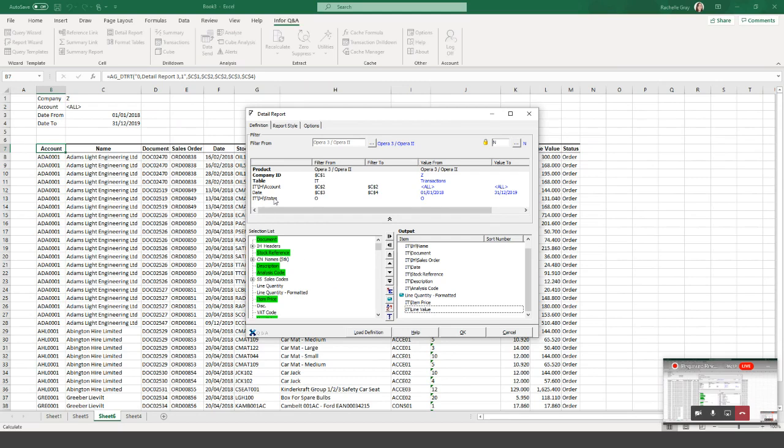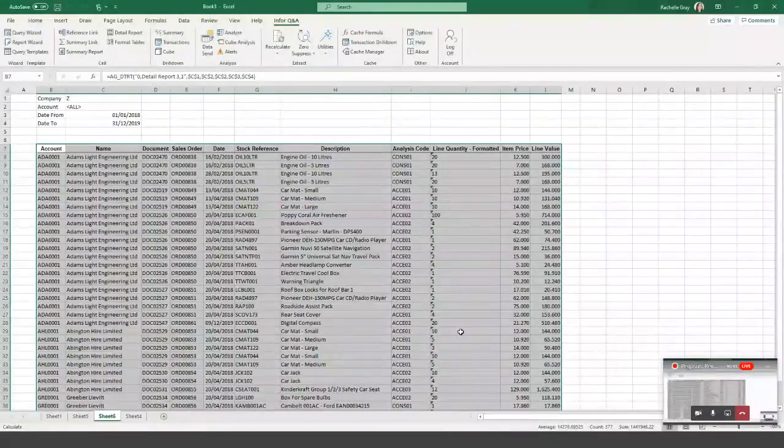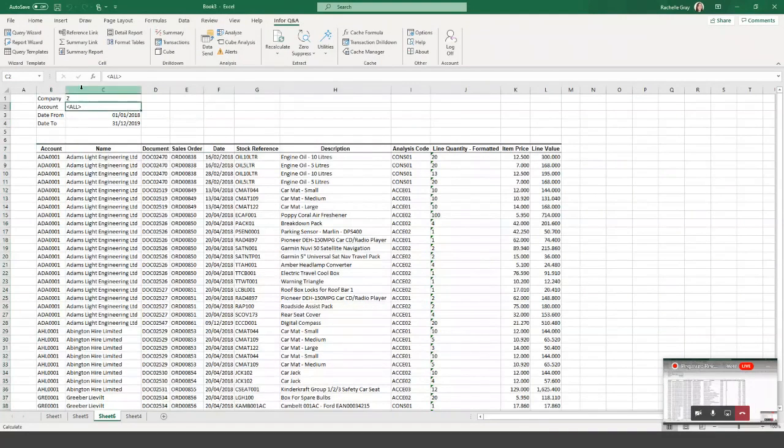Bearing in mind we used status at the top, the filter sections do not need to be an output option, so you can filter on as many different variables as you wish, and it might be you're only actually outputting 2 fields and 2 sets of data. So we'll say OK to that again. And there it's refreshed. Now what that is really handy for is by using these fields to create my